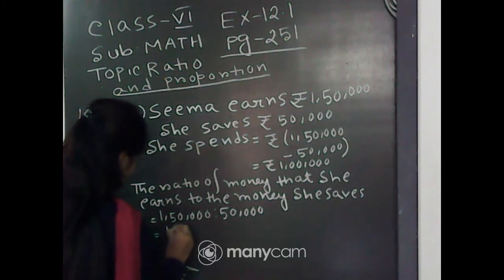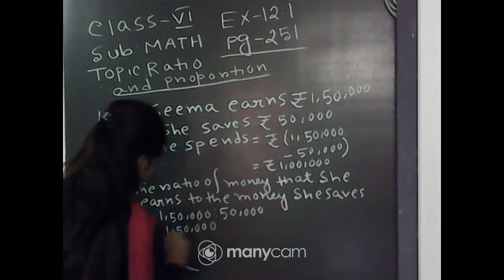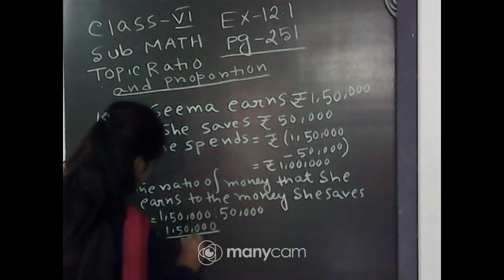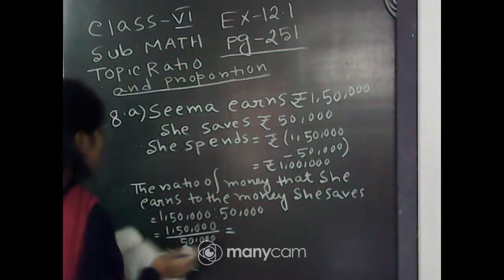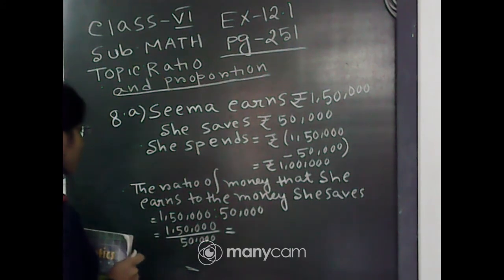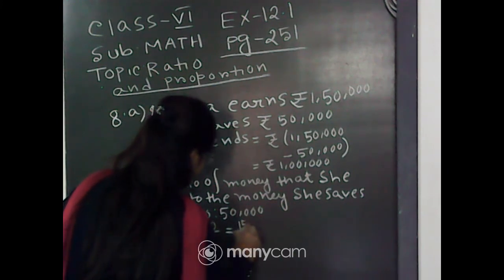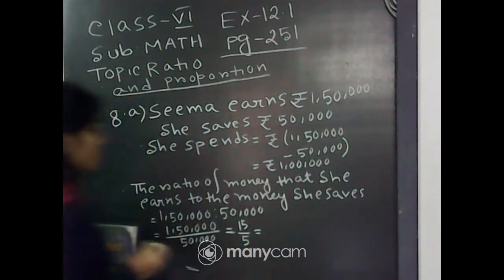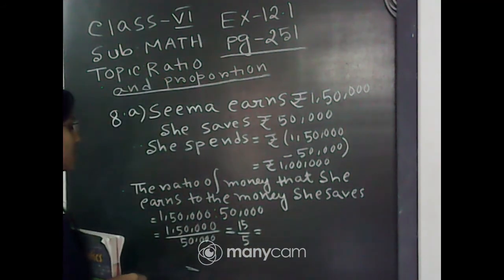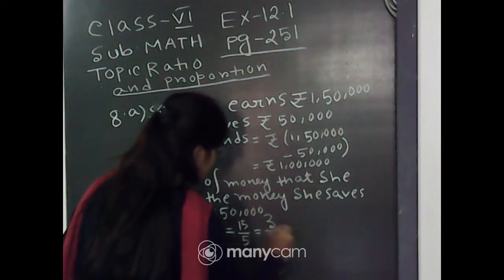Now we can write this as 1,50,000 divided by 50,000. Now we divide both the numerator and the denominator by 10,000 and we get this is equal to 15 divided by 5. Again we divide both the numerator and the denominator by 5 and we get the ratio is equal to